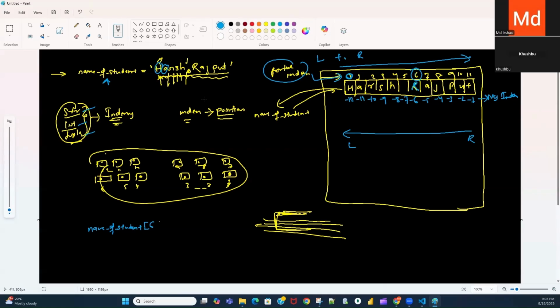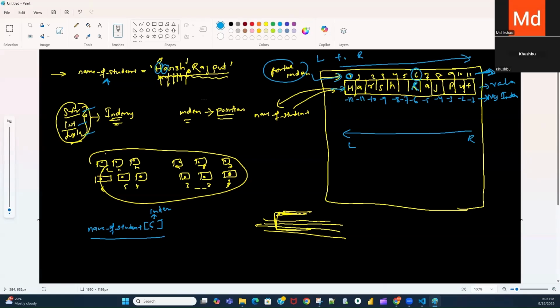So if I pass 6 here, this code will search for this 6. This is the index, this is not the value. This, Hers Rajput, is the value. These are the index, this is the positive index and this is the negative index. Most of the people get confused that this is the value. No, this is not a value, this is the index position. So here you need to pass the position index.